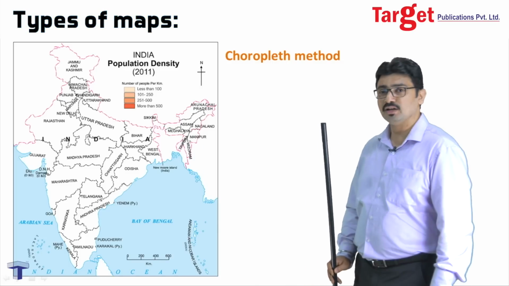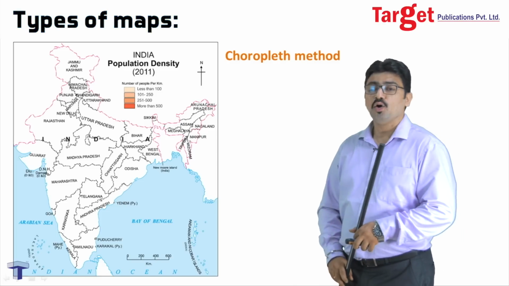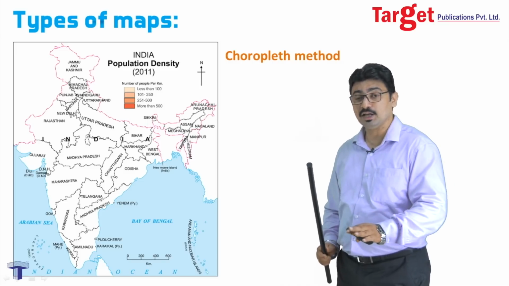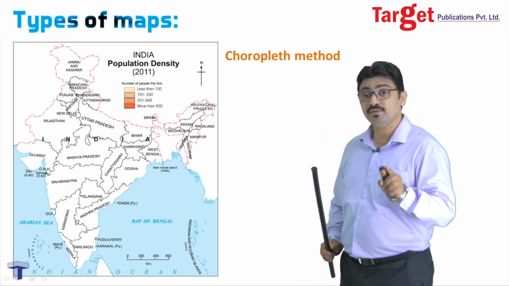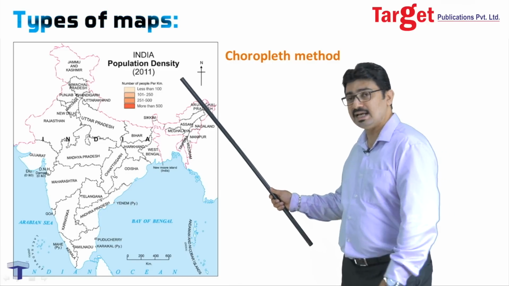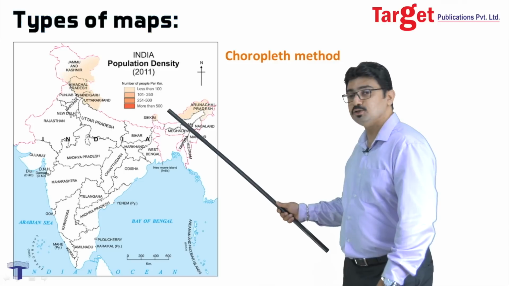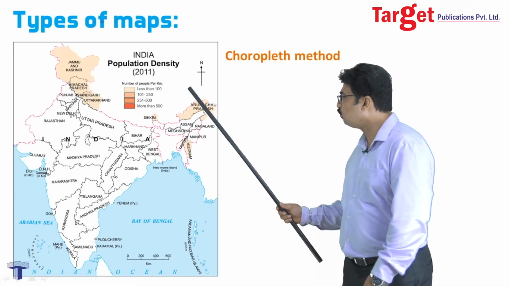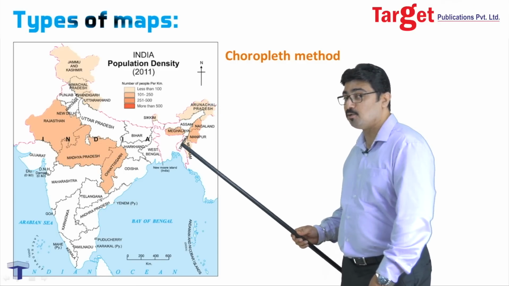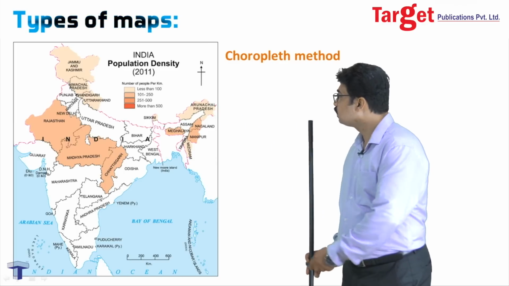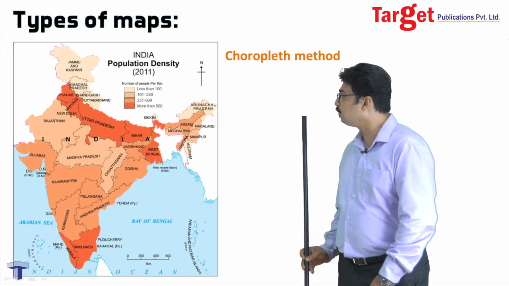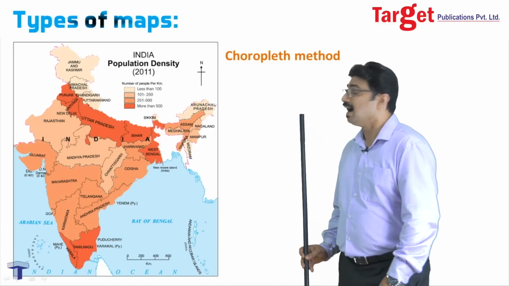Now let us have a small glimpse of the choropleth method. Again, the choropleth method uses various shades for various categories of values of the required feature. Again, we are using population density as the example, and various shades are used to indicate different categories of population density. So let us see how these colors are being filled up so that we understand how the choropleth method actually functions. We see first the regions of the lowest population density were shaded, slowly increasing onto regions with higher density, and last with the highest density.